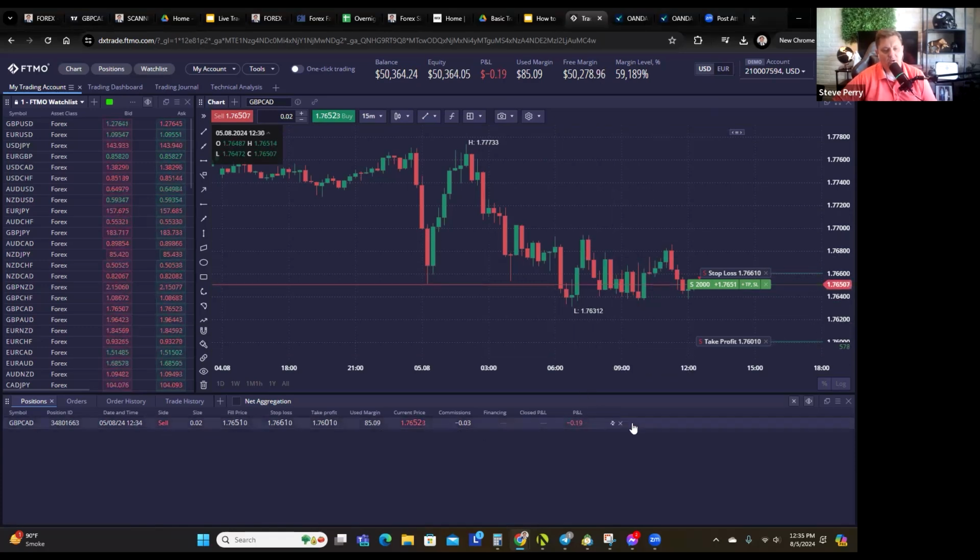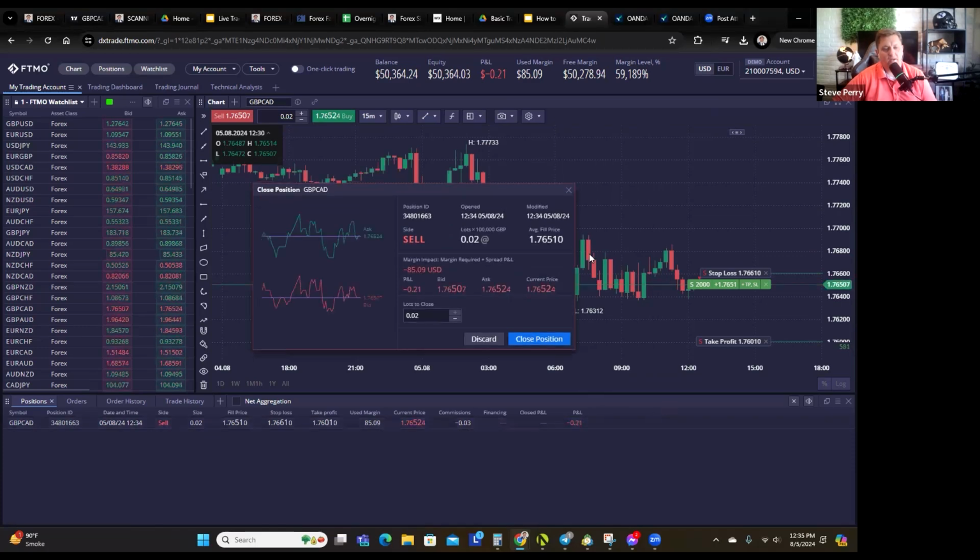So if you come here and click the X button, this is just like Trade Locker, Match Trader, and the Web Trader platform with Awanda. It's going to ask you, before when you hit that X button, that's not it. You have to wait for the window to pull up, and then you can go ahead and modify. So right here, it's going to ask you what you want to do. It's defaulted to the entire position. So if I hit close position, it's going to close the whole thing. Now, if I change this to